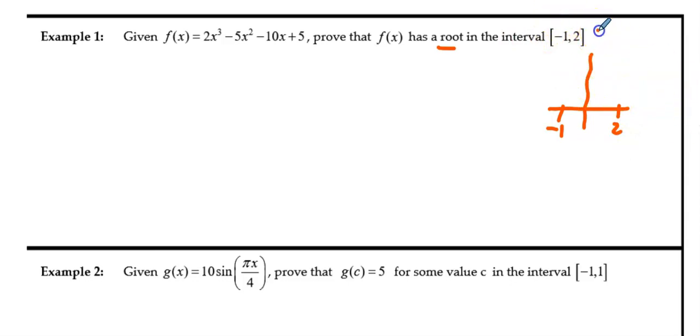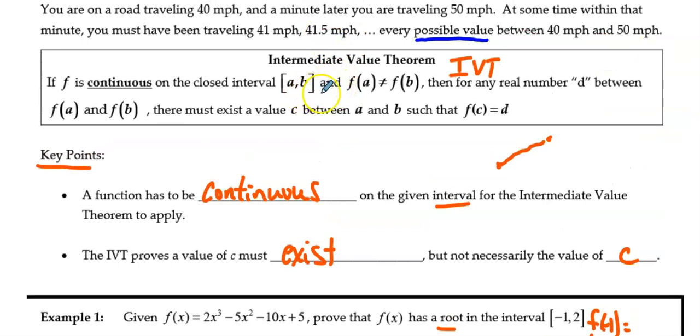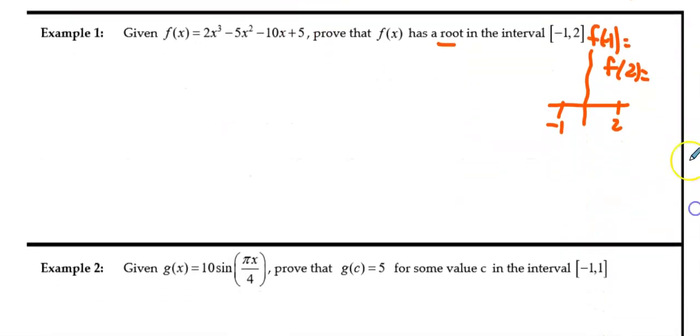What I'm doing here is I want to find what f of -1 is, and what f of 2 is. So that, ladies and gentlemen, is going to be the f of a and the f of b. We're going to find f of a and f of b, and that's what you will always do first. So let's do that. Looking at the example, we're going to look at f of -1, and so we're going to plug -1 into our function,